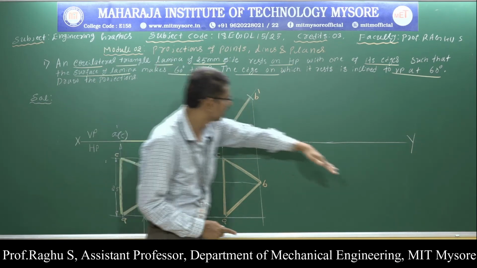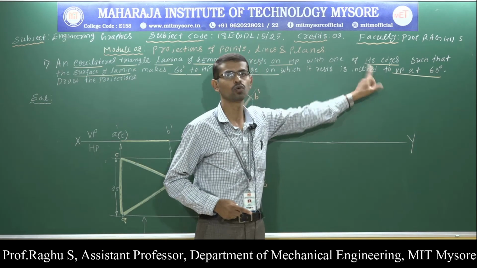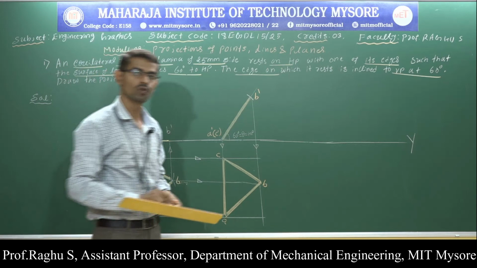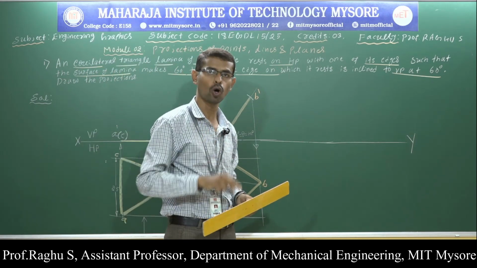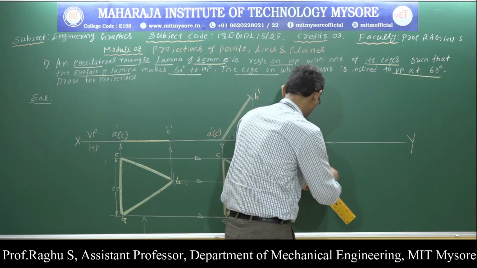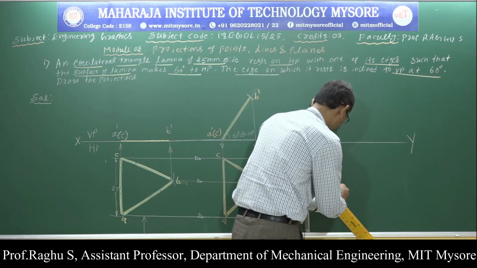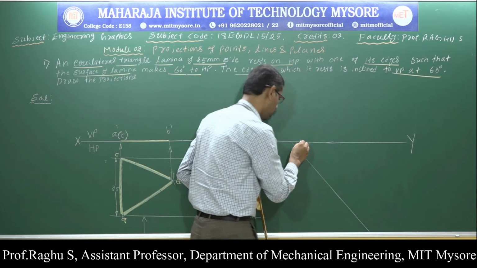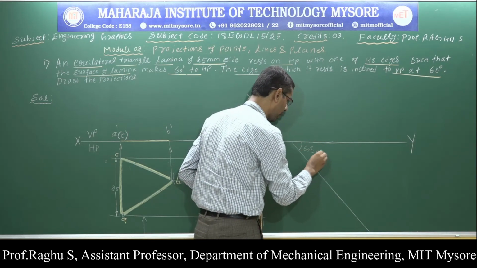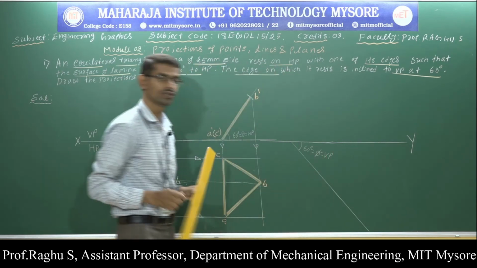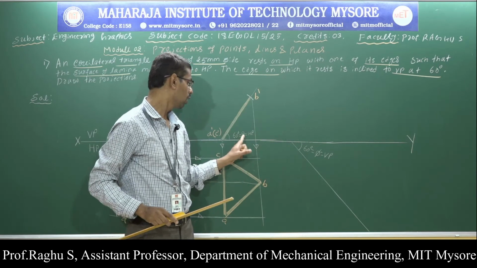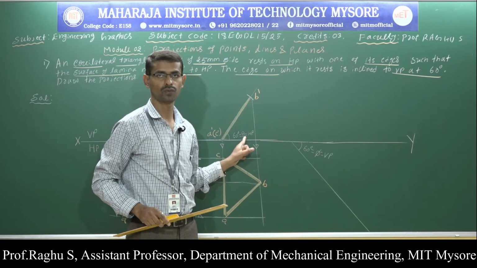This resting side is inclined 60 degree with respect to VP. VP inclination means below the XY line. So, VP inclinations are visible in the top view. Now draw a 60 degree thin line. VP inclination is denoted by angle phi. HP inclinations are visible in the front view, remember.